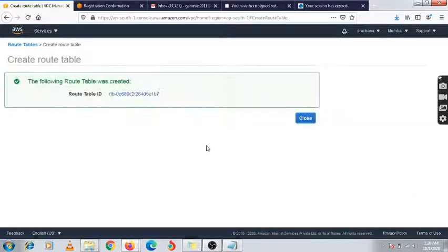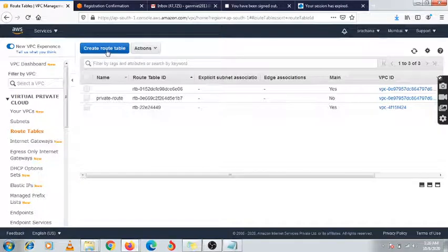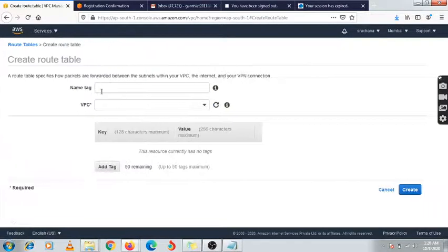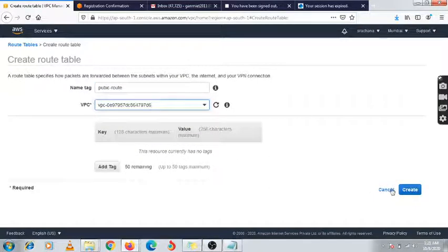Here it is created. Another route I need to create is public-route, and I select the same VPC.